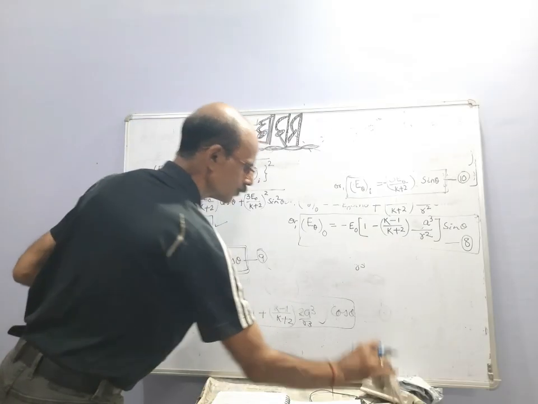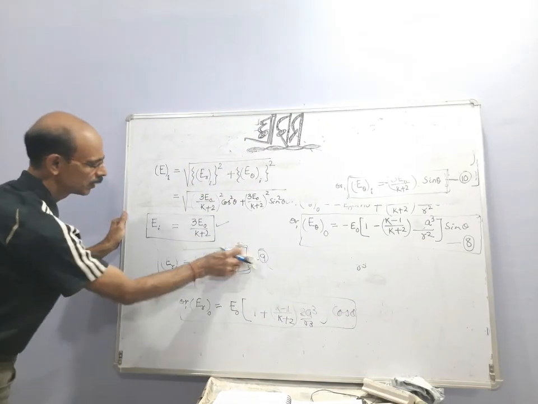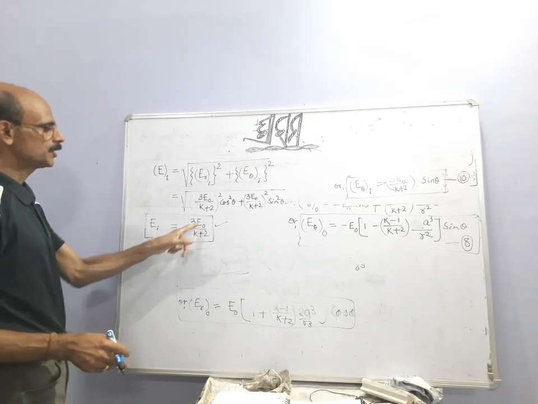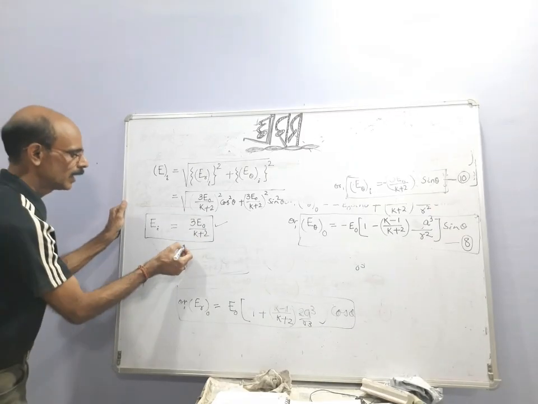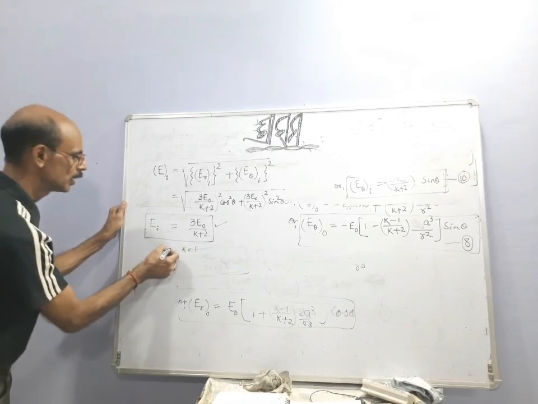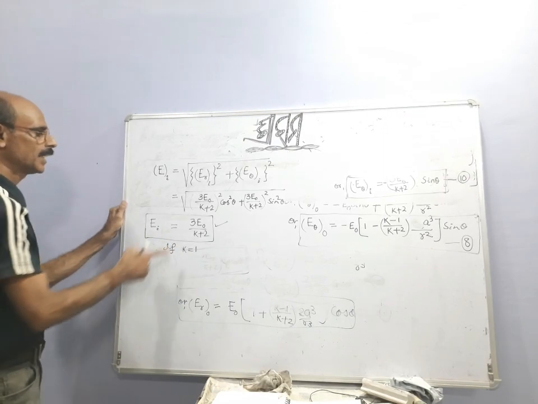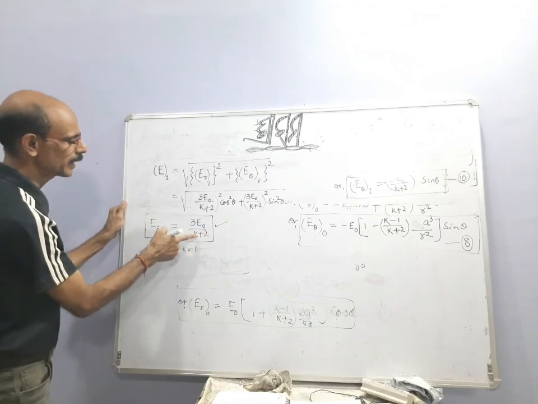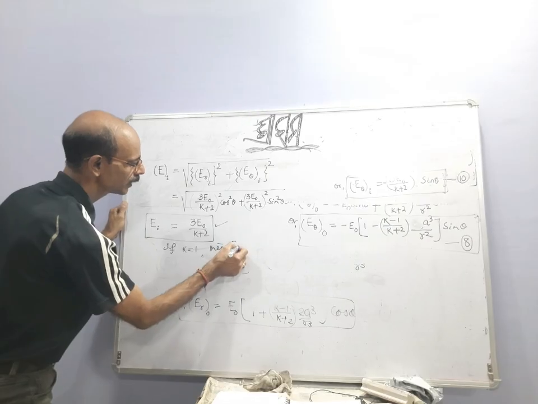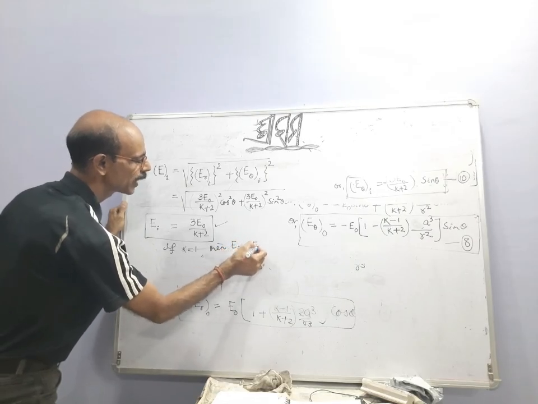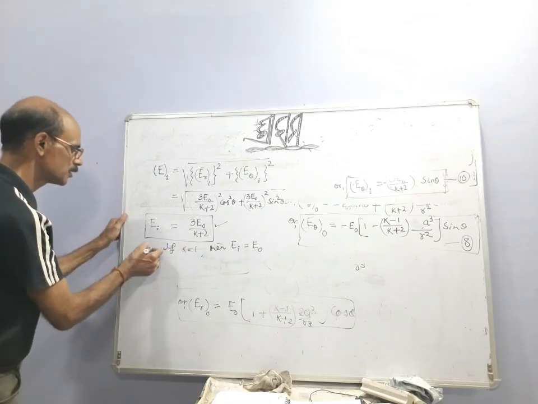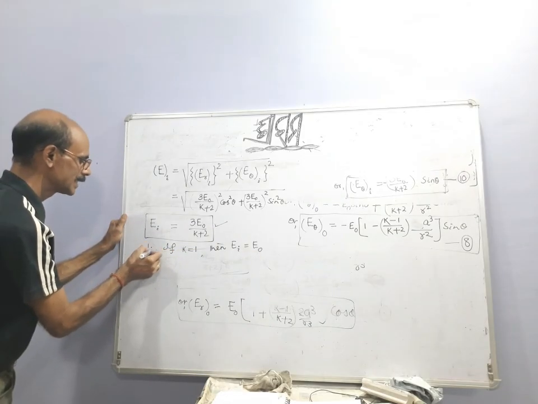One more thing I want to tell. You see, it is 3 by k plus 2. If k is 1, then it will be 1 plus 2, 3, 3 cancel. Then we have resultant electric field inside equal to the applied uniform electric field. This is one condition. Second condition,